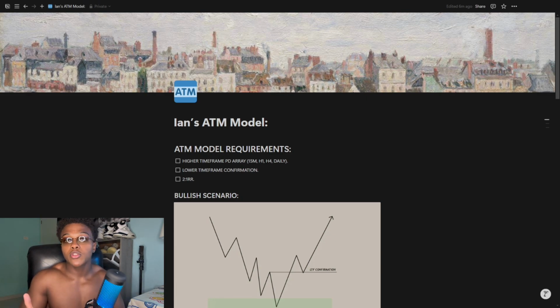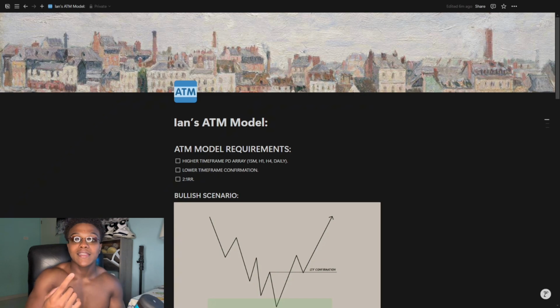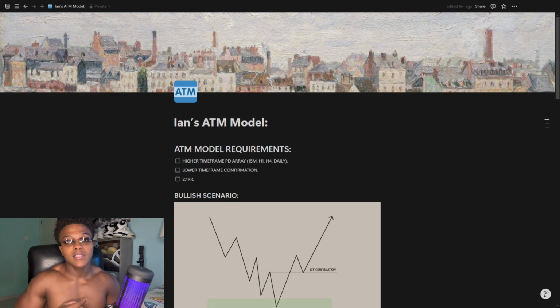So usually when I hop onto the charts in the morning, the first thing that I do is send out my pre-market analysis for my VIP group, okay? And what I'm doing before I send that out is looking at the daily chart. I'm looking at the weekly and the daily chart. I usually don't look at the weekly a lot, but when I do look at the weekly, it's so I can see maybe some possible weekly fair value gap that price tapped, a possible weekly order block that price tapped,